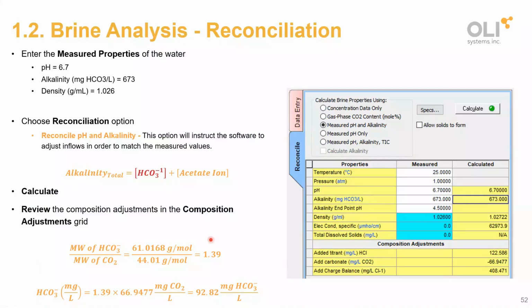So we have the molar ratios of CO2, bicarbonate and CO2. Then we get the molar ratio 1.33, and then multiply. For this specific example in the slide, not in our software, but in the slide, it's saying that the software has removed 66.9477 milligrams per liter of CO2, but you want to translate that into bicarbonate ions. So you put that ratio multiplied by the 66.95, and this is the actual amount of bicarbonate that you remove from solution. That makes sense. Okay, thank you.